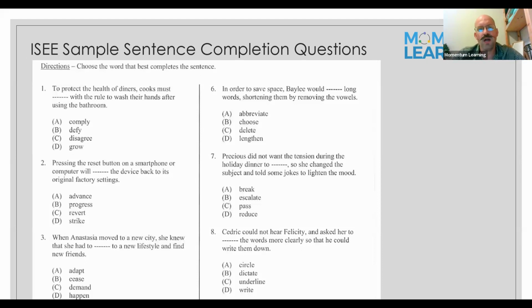Now, these are more of your traditional questions where students can easily substitute in all 4 of the words. And then you just kind of break down which word works best there. Now, with your sentence completion questions, they typically would give.